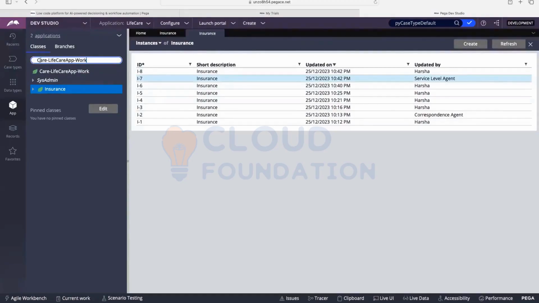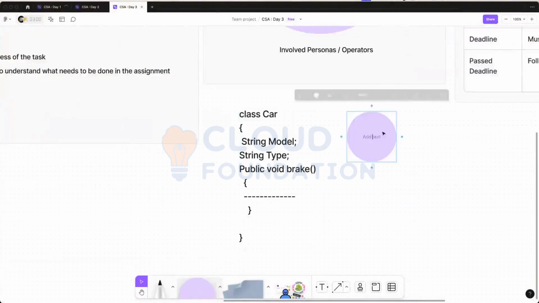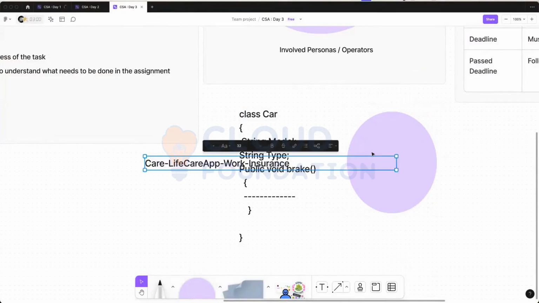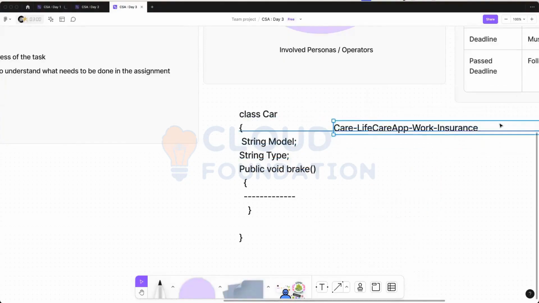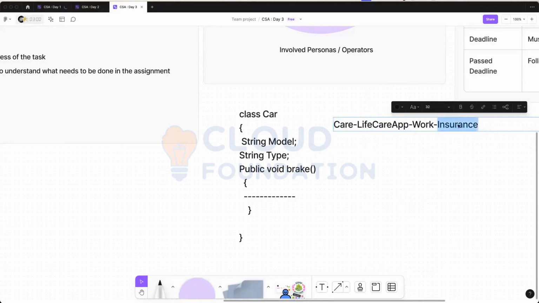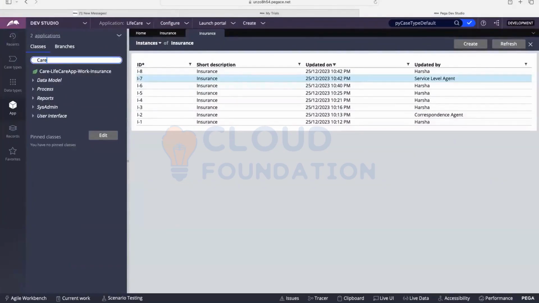The work class is nothing but organization, application, then the work keyword followed by insurance. Basically, this is a case type class. I'll note this down. This is an insurance class. If I remove all these three things, only till care,